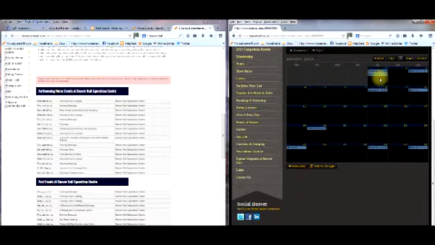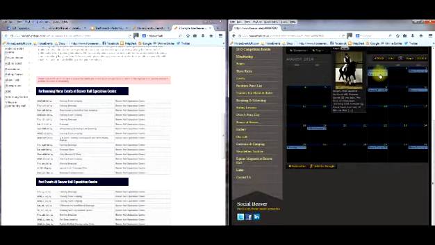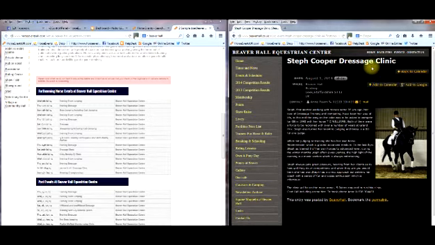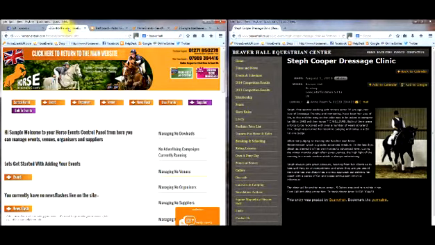Okay, so I'm looking at the 1st of August. I'm going to be adding this clinic. So I'm happy with all that. I can see what Beaver Hall have coming up there, and I'm just going to go back to my control panel, and I'm going to click add event,